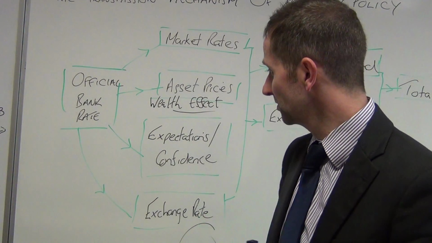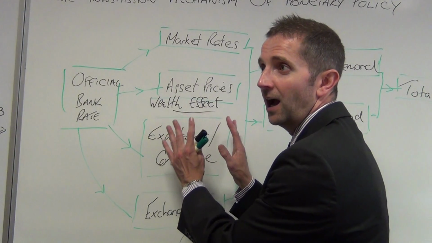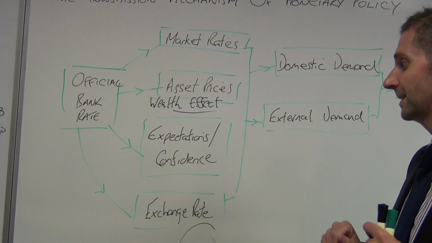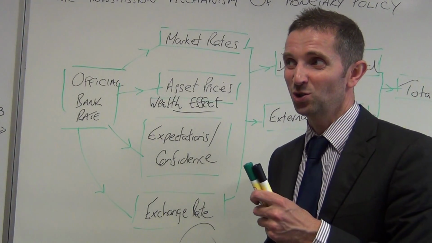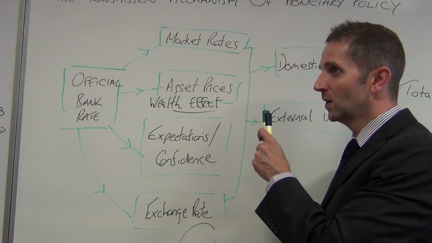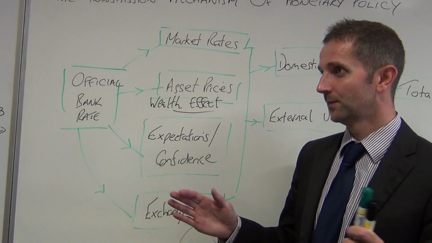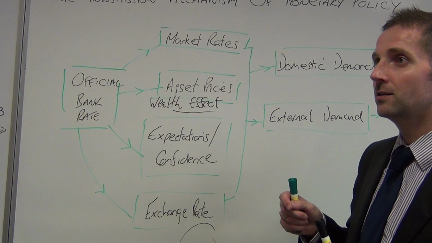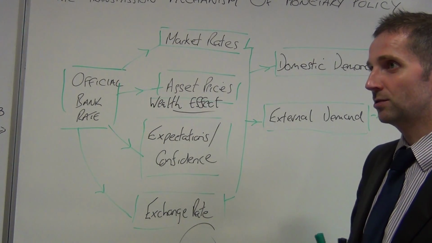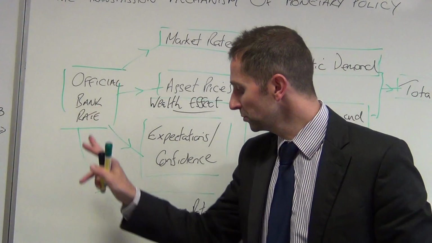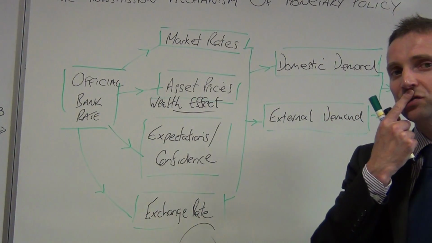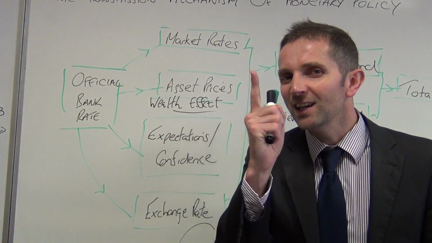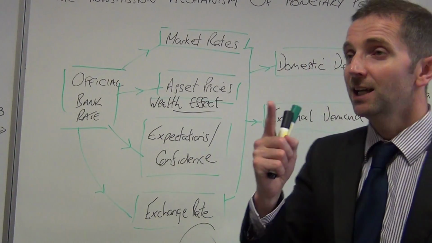Well, forward guidance provides confidence to the markets, and people's expectations of what's going on in the markets are also given confidence and assurance as well, and as a consequence of that, they are less likely to stop spending if the interest rate is falling, or less likely to not spend if they see that the interest rate is rising. And then finally, the official bank rate feeds through into the exchange rate. And the key way to remember this is, if the interest rate